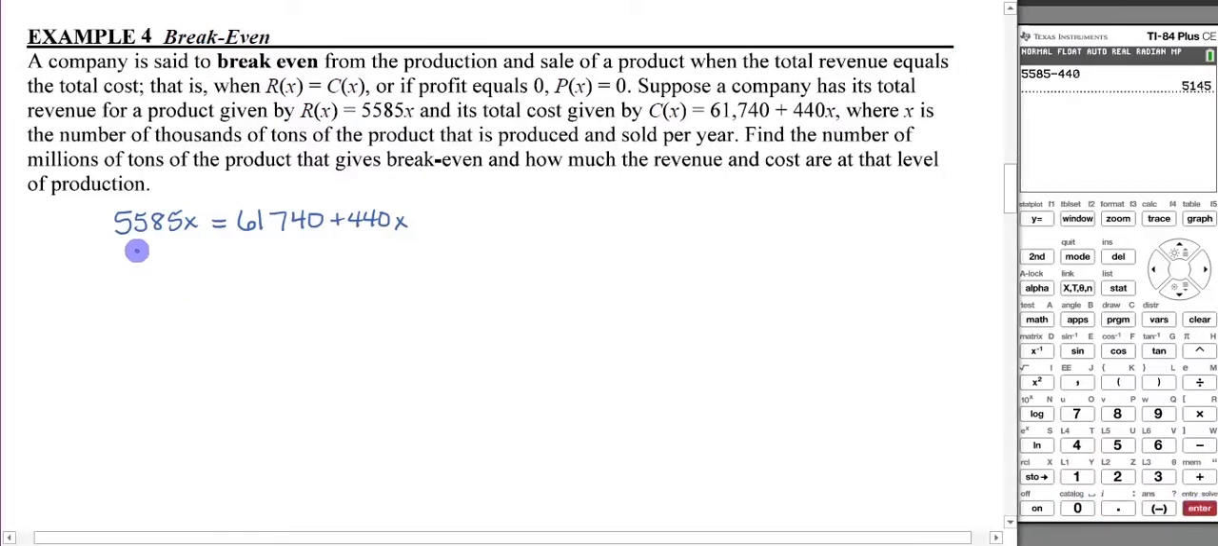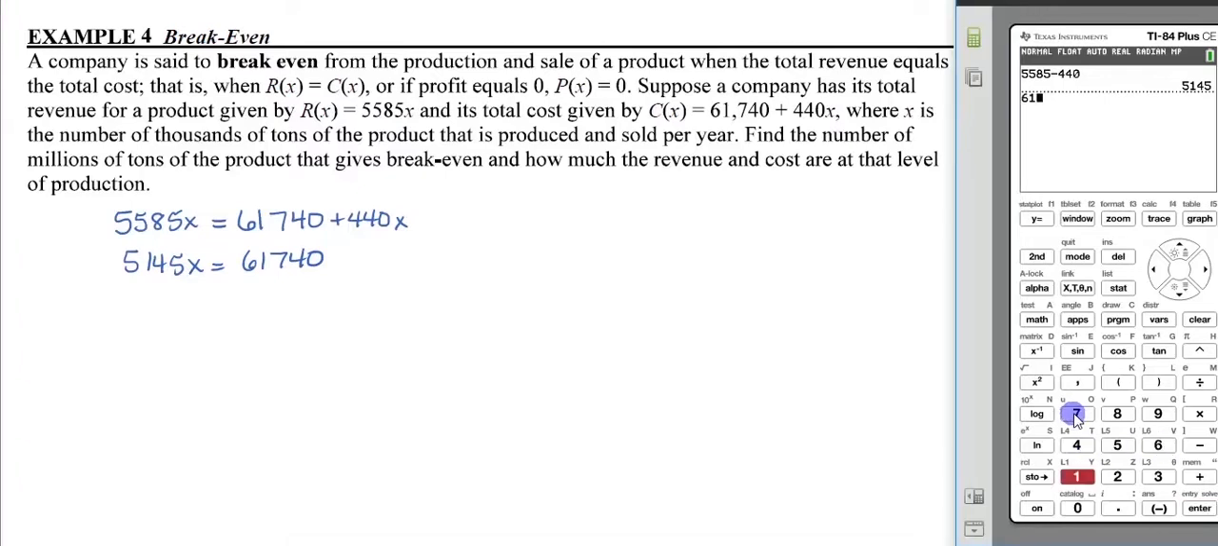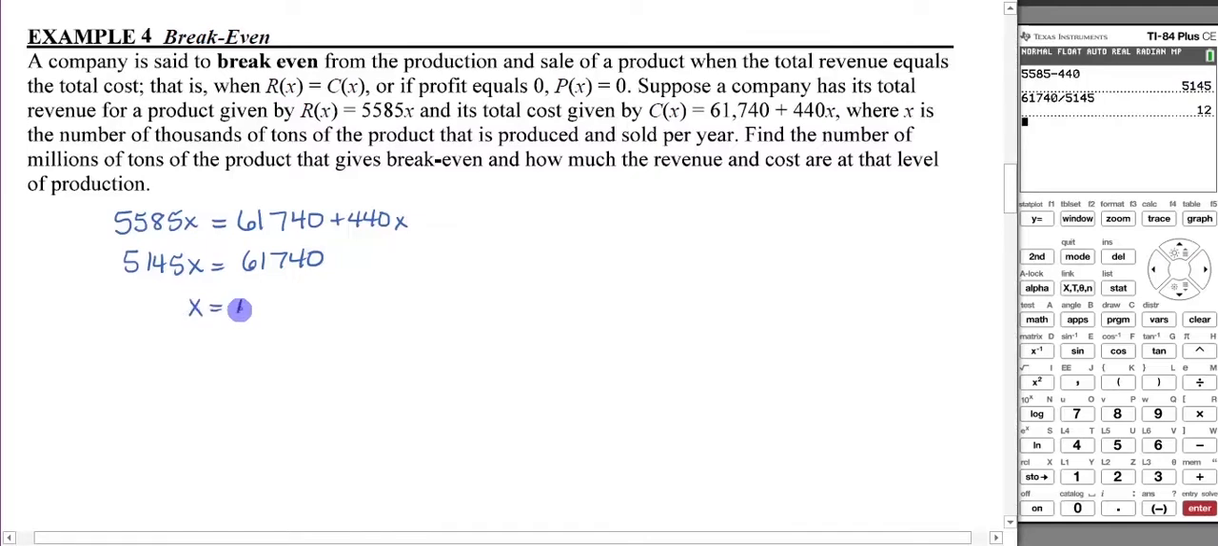Then we get 5,145x equals 61,740. And I divide 61,740 by the 5145, and I'm going to get 12. X equals 12. So what is that telling you? Well, X is the number of thousands of tons of the product that is produced and sold per year. So that's going to be 12 tons